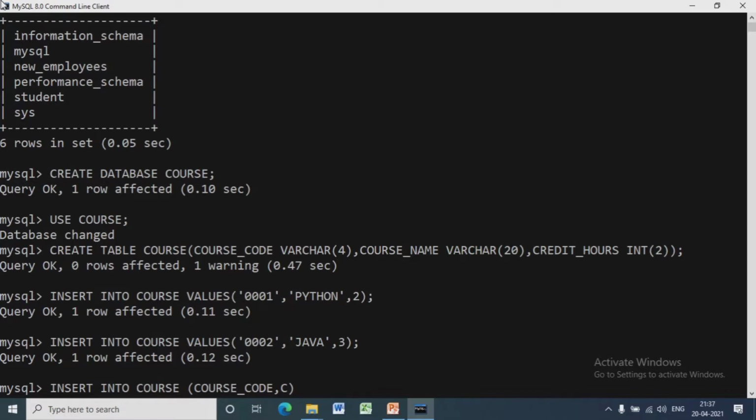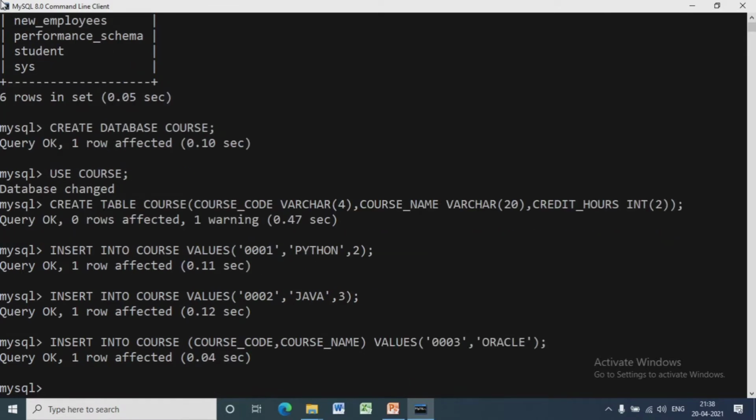For that I am writing insert into course, within brackets course code, course name, then values, and inside brackets we give 2 values, one for course code and the second one for course name. Here only 2 data will be inserted to 2 corresponding columns. The third column will have a null value.